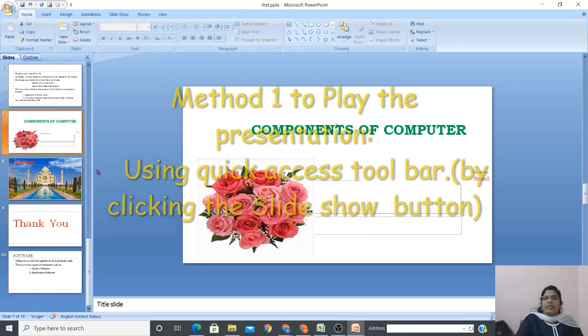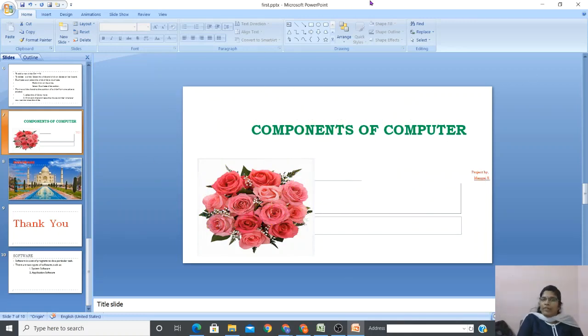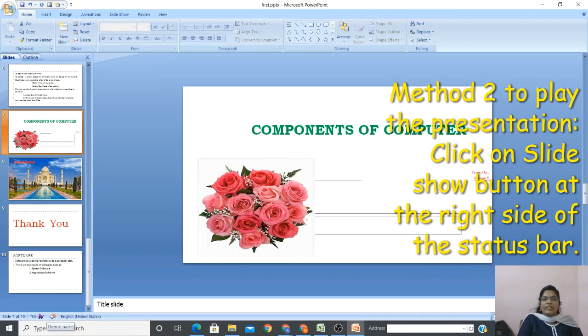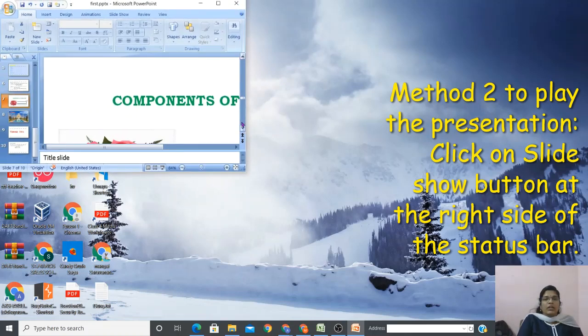The second method is in your PowerPoint screen, in the status bar. See, slide 7 of 10, which says the number of slides I have and which slide I'm in. If you look at the status bar, on the bottom right side of the status bar, you can see the view buttons, four view buttons. The last one, keep the cursor on it. What is written there? Yes, slideshow is written. Let me minimize. Sometimes my photo will not let you see that.